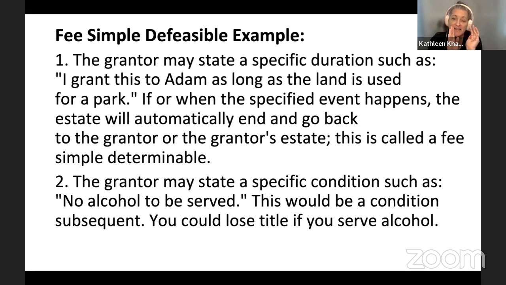The grantor may state a specific duration. So who's the grantor? The person giving you the property may have a stipulation in the deed that says, I grant this to Adam as long as the land is used for a park. If or when the specified event happens, the estate will automatically end and go back to the grantor or the grantor's estate. This is called a fee simple determinable. So he can keep it as long as there's a park there, but the moment he doesn't have a park there,